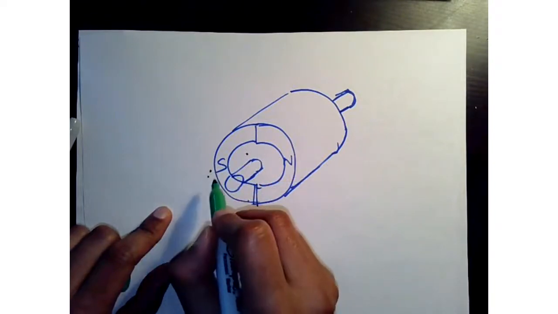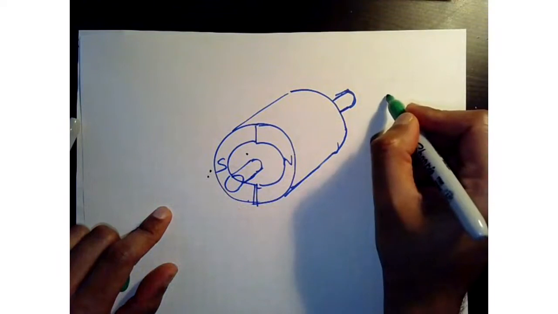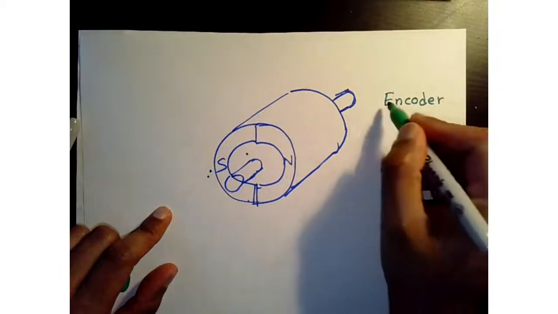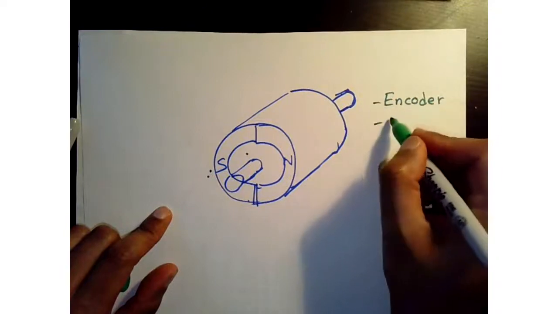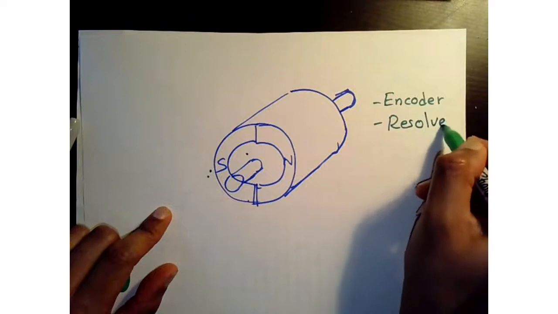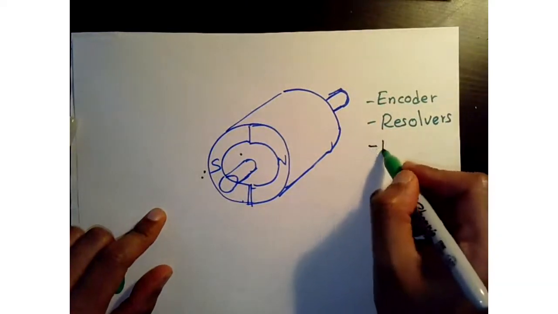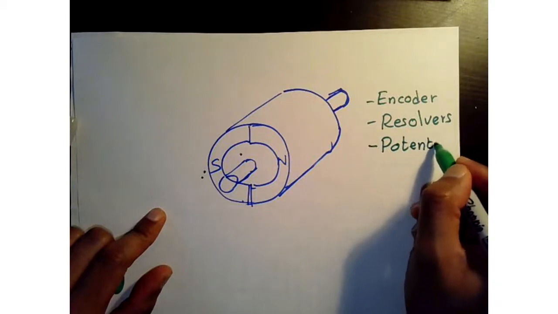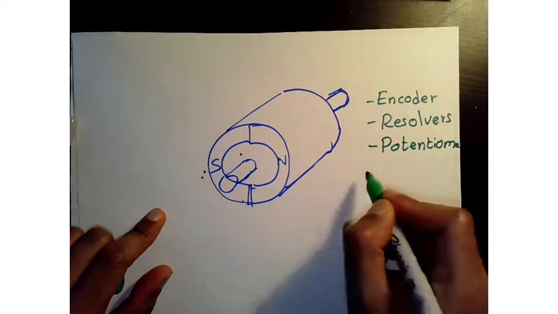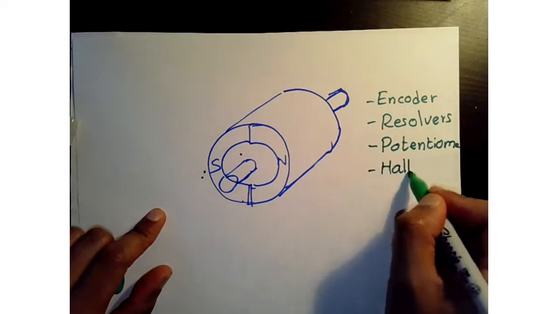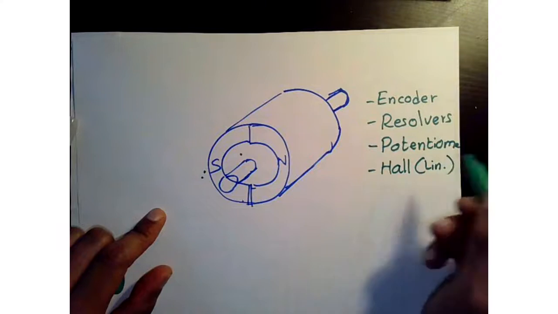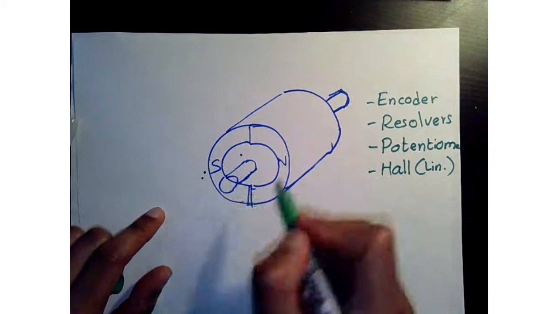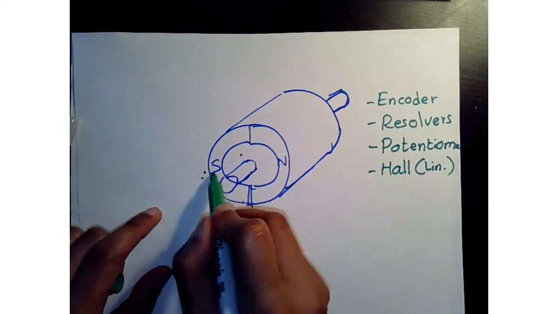There are different types of sensors. You can use encoders, optical encoders, and there are some subcategories among them, but I won't go into that. There are resolvers. More primitive, you can use potentiometers, though there are disadvantages to using them. And then you have Hall sensors, the linear Hall sensors that give you precision. Whichever the case, you're going to have part of that sensor